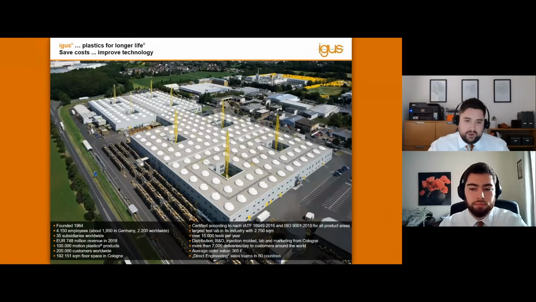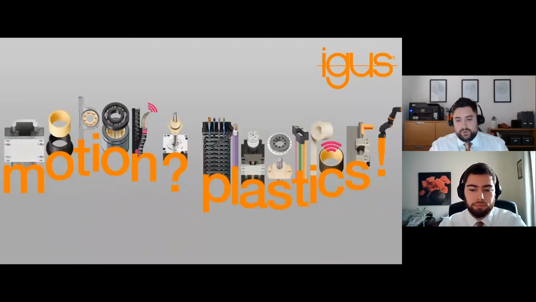A little bit more about product now, if you don't know what we do. We are essentially a motion plastics company. We take tribologically optimized polymers and then create systems from them, and they can be as simple as a sleeved bushing all the way through to a complete linear system, which is actually what a lot of the Igus low-cost automation is born from. Without the base polymers and materials, we wouldn't have what we have today, which we're going to show you.